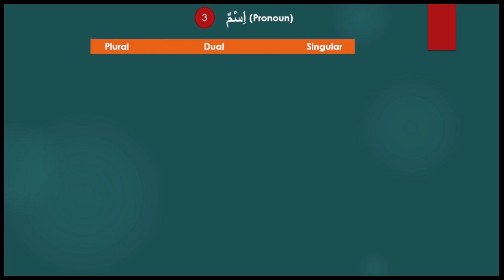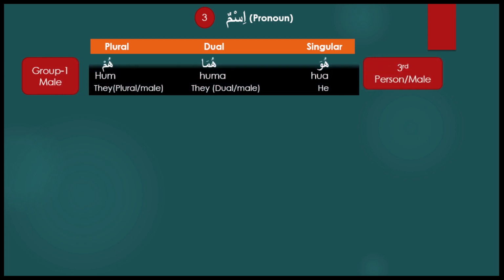So let's see, now we will discuss about Ismun. In Ismun, we will first discuss about pronoun. So in Arabic, the pronoun or noun has 3 forms: singular, dual and plural. Whereas in English, it has only 2: singular and plural. In Arabic, there are 14 pronouns and they can be grouped like this. Group 1, the third person male,